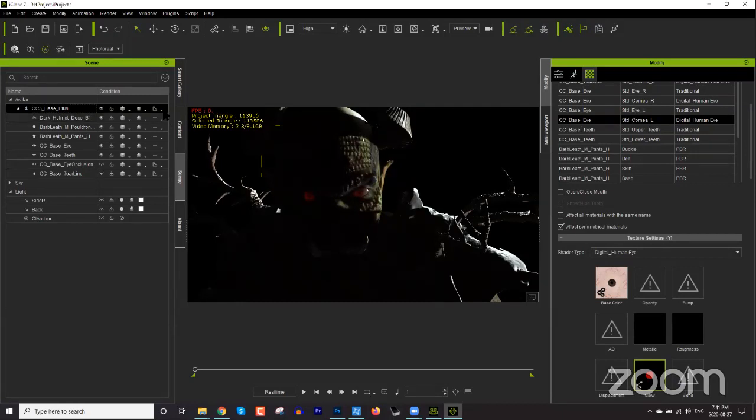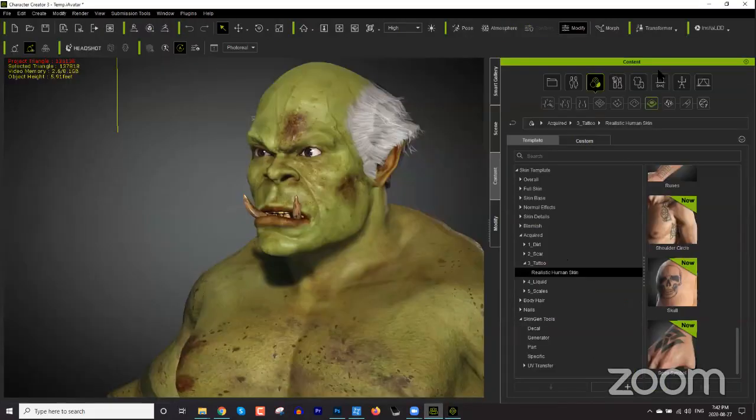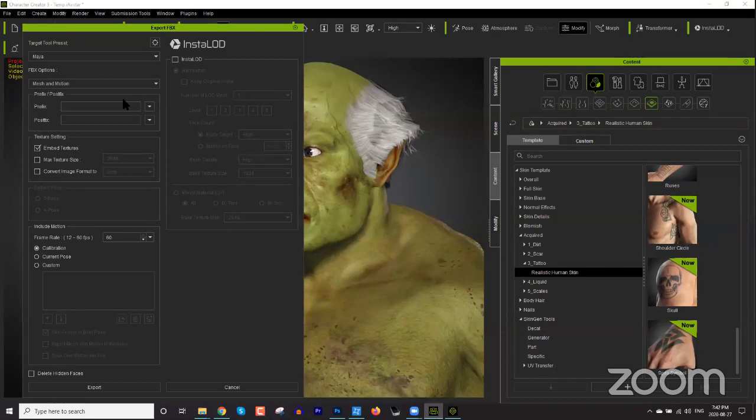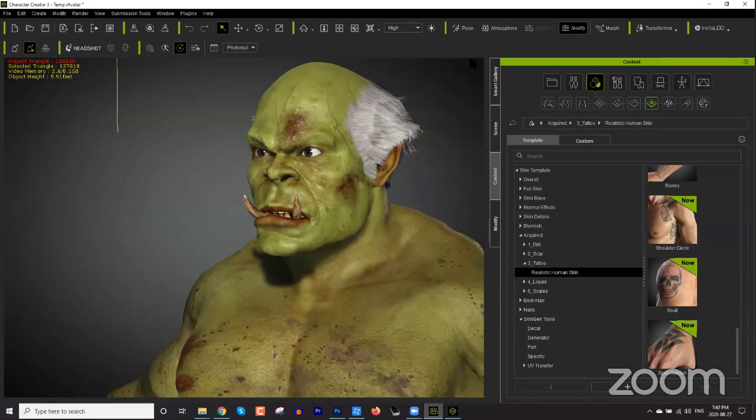All right. So the subdivision is definitely one way to increase your resource usage, but it also makes everything smoother and does subdivision on your character. The rest is all done in Character Creator. So in Character Creator, you can export your character and increase the poly count in other programs as well. InstaLOD is a way to adjust this as well. Merge material, you saw that as well. And here you can increase or decrease texture size. I think that's what you're getting at there, Mr. M,